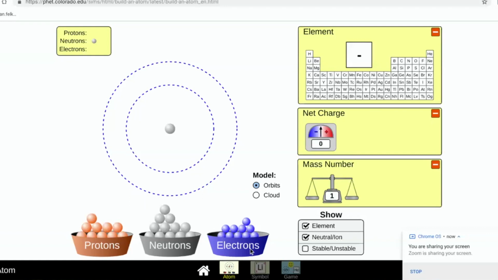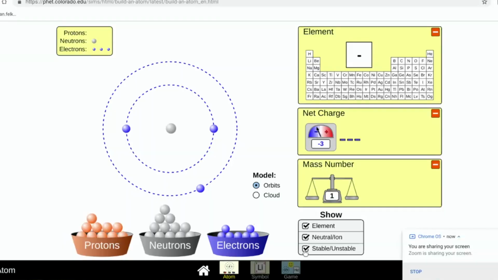So I was just kind of playing around with things at first. But one thing I noticed after a while is that I wanted to put more than 2 electrons on the inner circle, and it wouldn't let me do more than 2. I really wanted it to be there, and it would pop out to the outer ring. So that made me wonder why I could only do 2 on the inner ring.